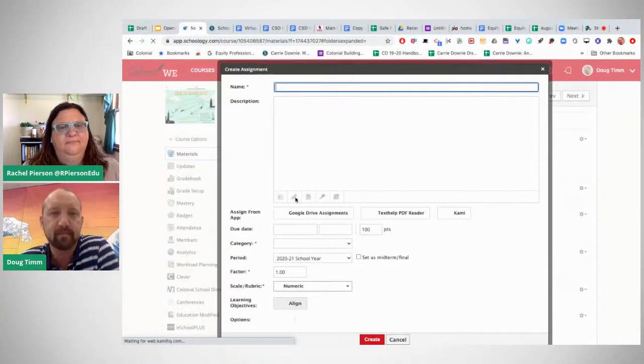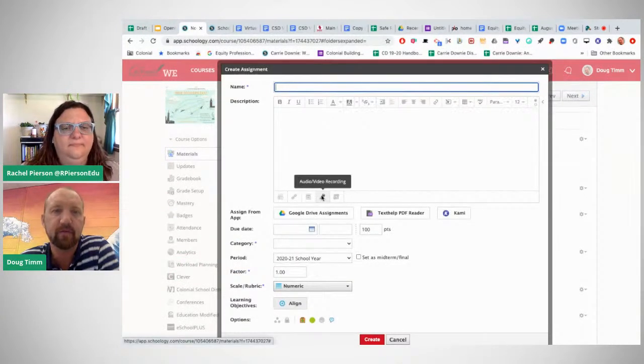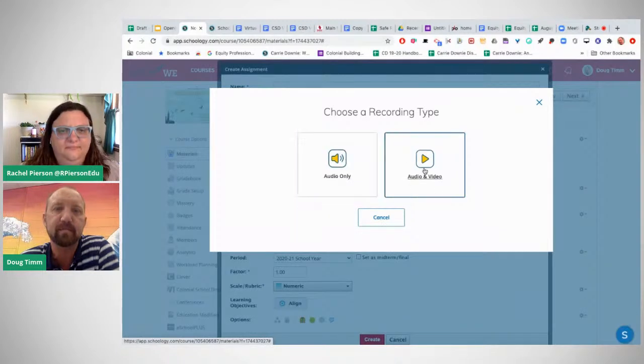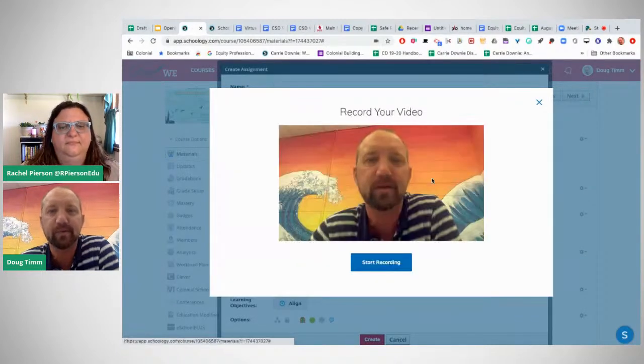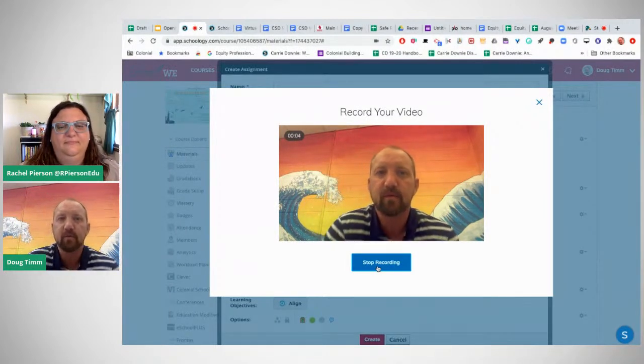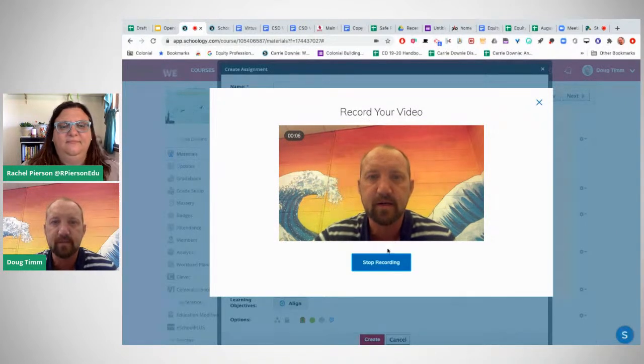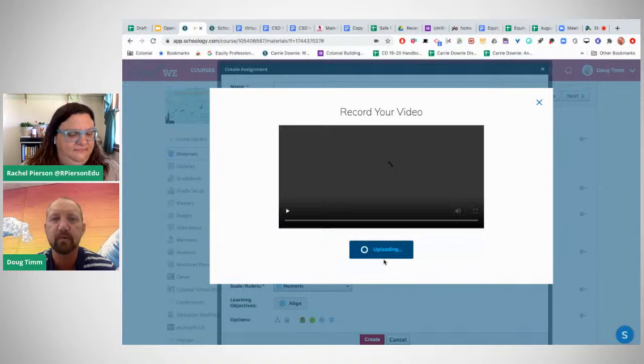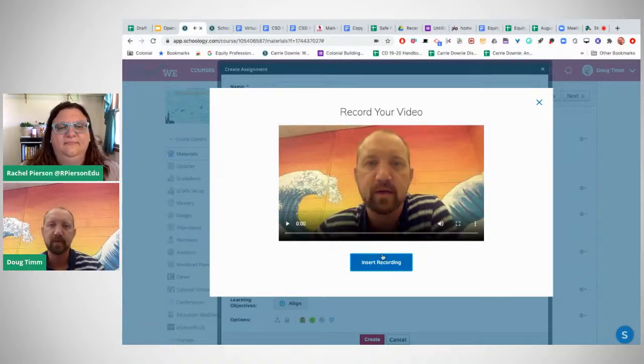There at the bottom, there's this little button here with a microphone. So audio video recording. Simply you would set audio. I mean, you can do either one, but I'll do audio video. So I'm recording this as an accommodation for students in Mr. Timm's class to help them with what it is they're doing. So you stop recording, you insert the recording,